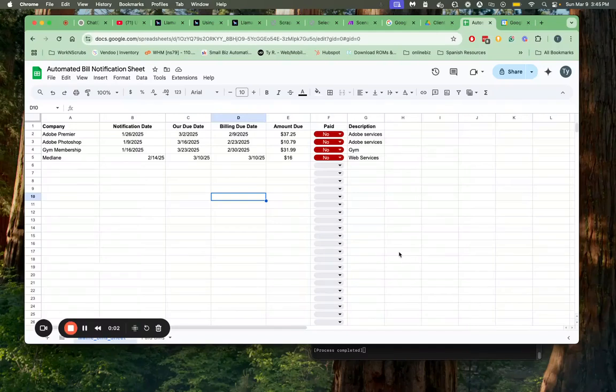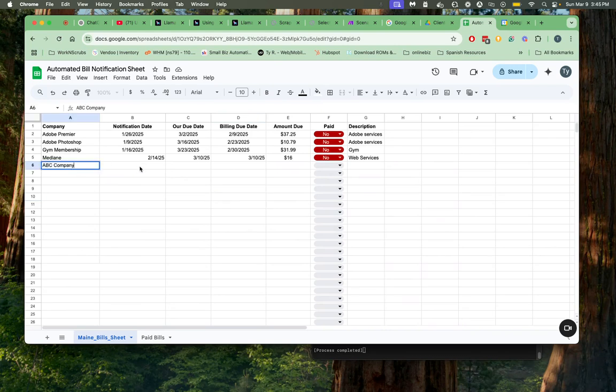Here is an intro to AppScript using Google's AppScript. Basically, what we'll be doing here is, let me move this over here. Okay. So basically what this will be doing is when you add businesses here and then give it a notification